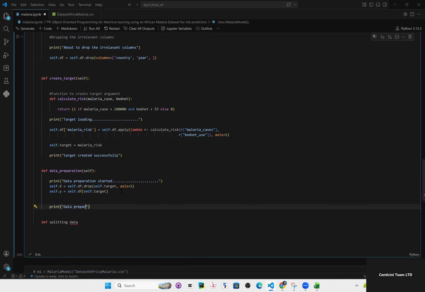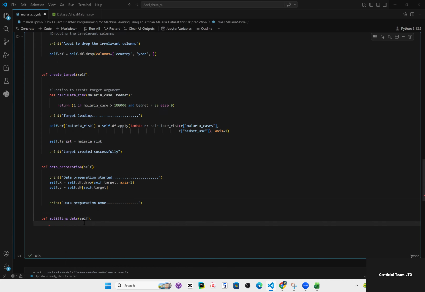Print data preparation done. So it could just print anything. So this is going to take self, and splitting data is going to take in self. And then we're going to say self.X_train, self.X_test,